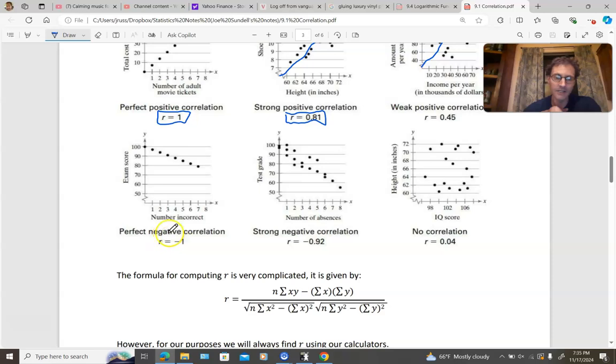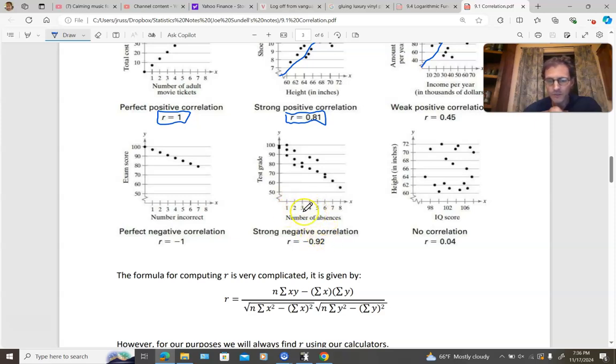And it has a correlation coefficient of -1. So for example, if you were taking a test and every single question was worth 5 points, well, for each question that you miss, your score goes down 5 points. Okay. And then here we see another example in which this is a very strong negative, because this is very close to -1,